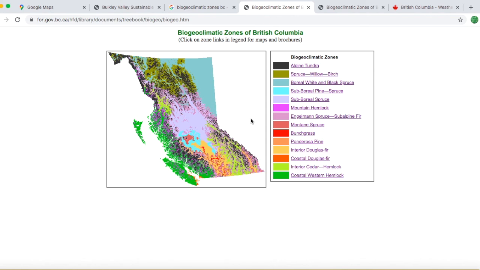This is accessible through the Forestry of British Columbia website. What we see right here, pay close attention to what you see here. These are different biogeoclimatic zones. Notice that BC has got this crazy patchwork of different kinds of ecosystems and that's determined by the difference in